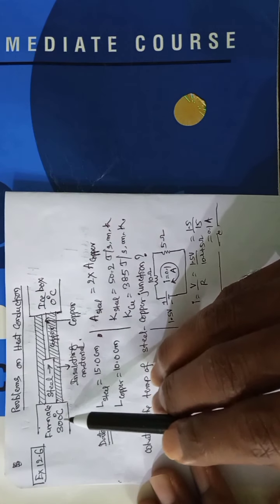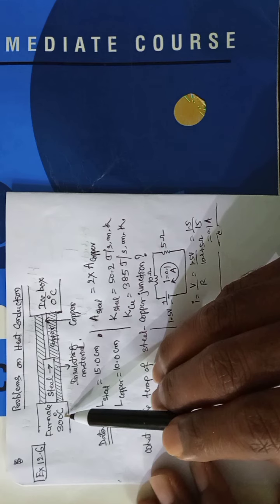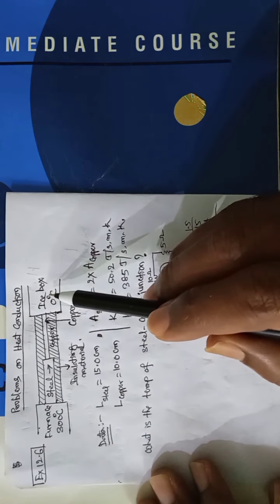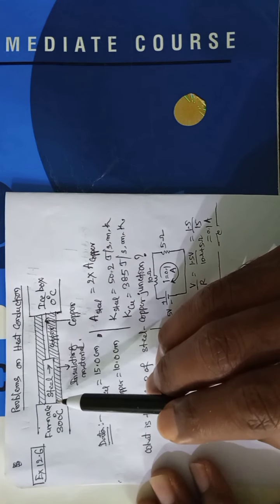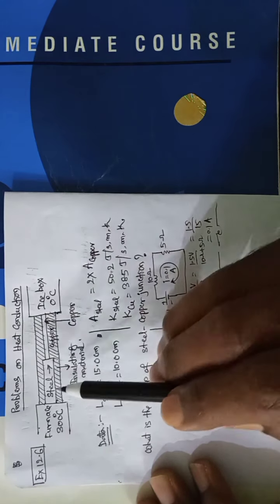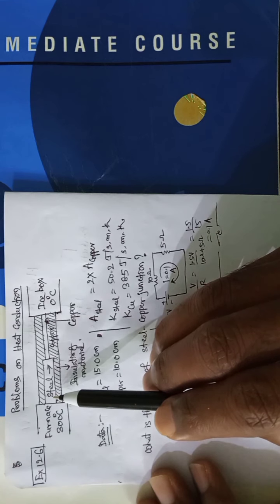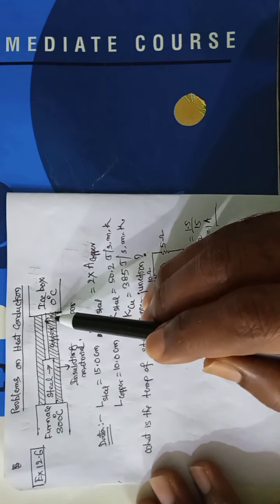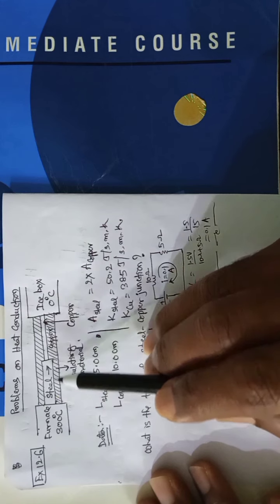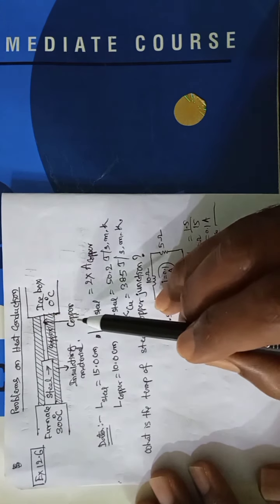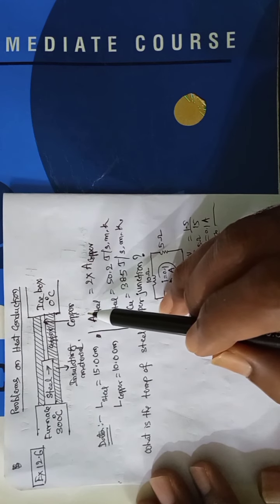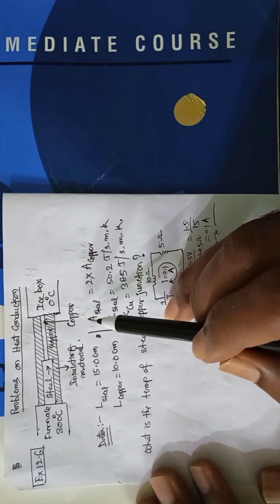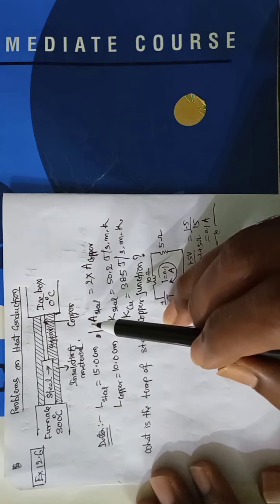See, here the furnace is at 300 degrees centigrade and the ice box is at 0 degree centigrade. As you move along the compound rod, the temperature gradually and uniformly decreases. Therefore, the temperature gradient, which means a change in temperature with distance, will be a constant under steady state conditions.